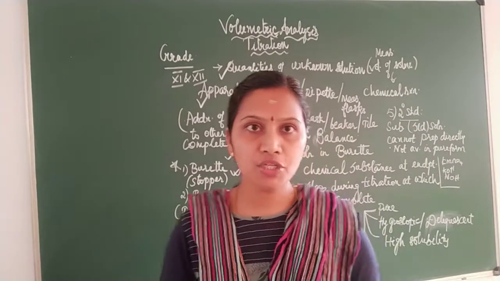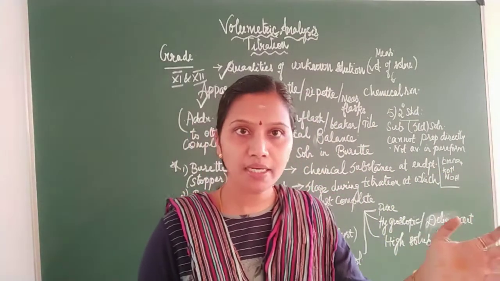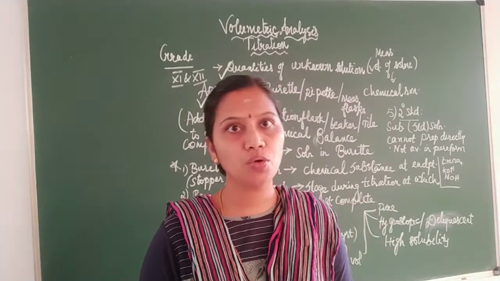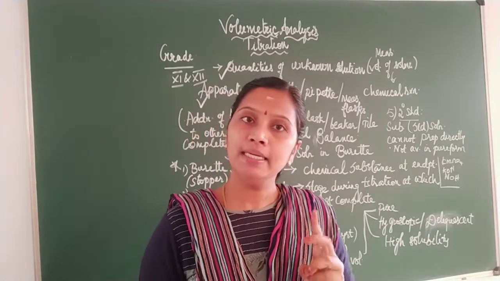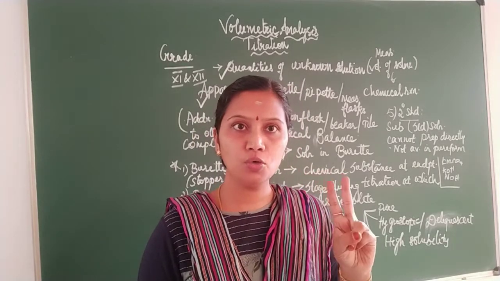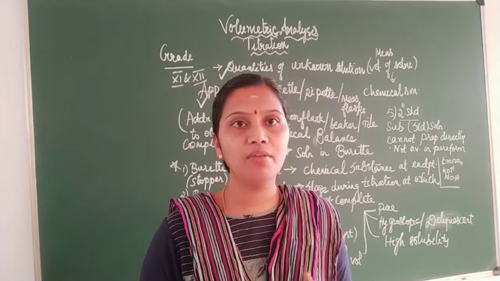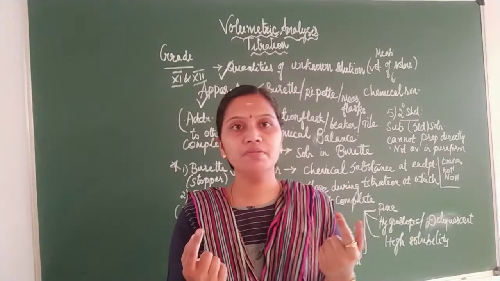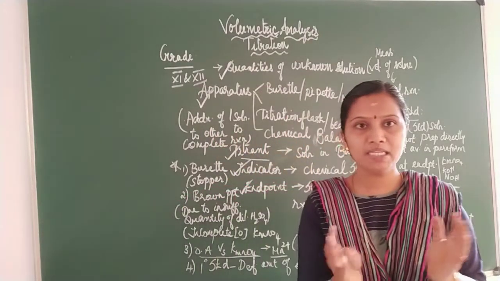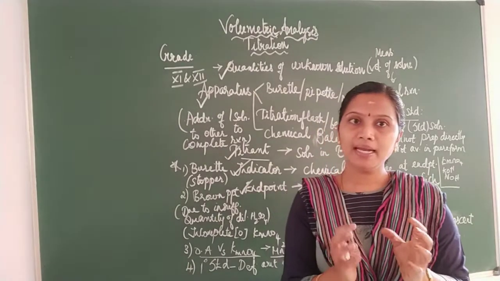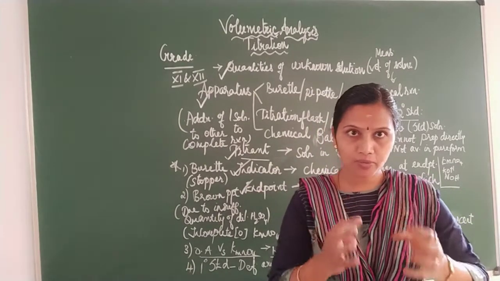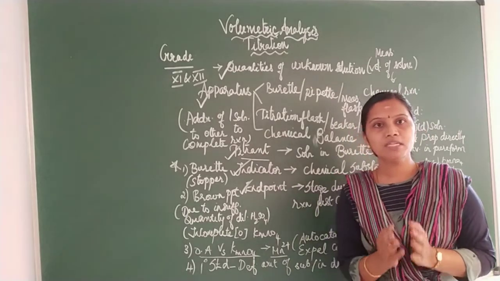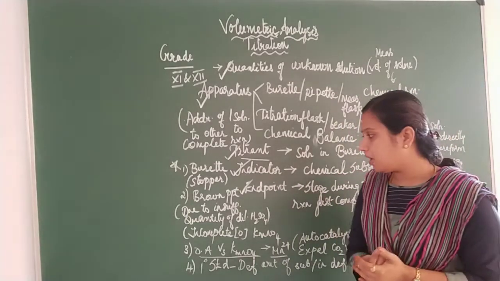Also, there is a liberation of carbon dioxide. In order to expel it, I am heating. So whenever you are doing titration of KMnO4 against oxalic acid, you need to heat it. There are 2 reasons why we are heating. Reason 1 is, when you heat, the reaction will speed up. As a result, Mn2+ will be released, which is going to act as an autocatalyst. It is going to speed up the further reaction. Number 2, the carbon dioxide formed in the reaction will be expelled.